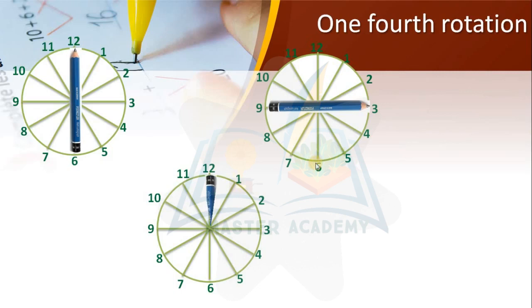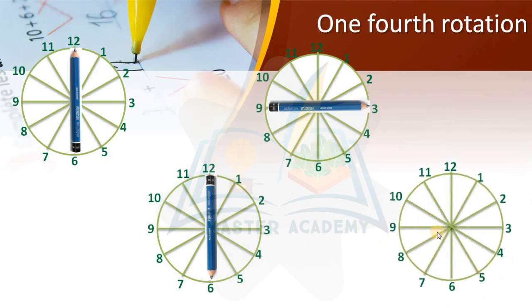Observe this. Clear? Now it will move again 1/4 rotation. Where will it go? Where will it reach? It will reach nearly exactly 9. Okay, a pencil यहाँ पे set होगी. Look at this. Are you ready? Okay, now see in the next figure. पेंसिल कहाँ पे आनी चाहिए? It will be nearly 9. Okay, so you can see.